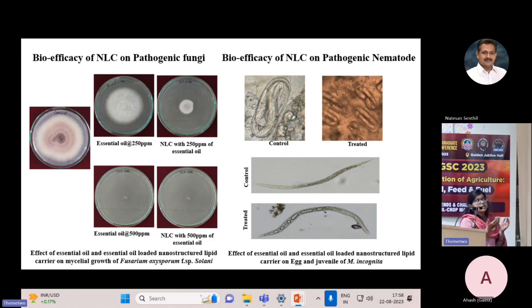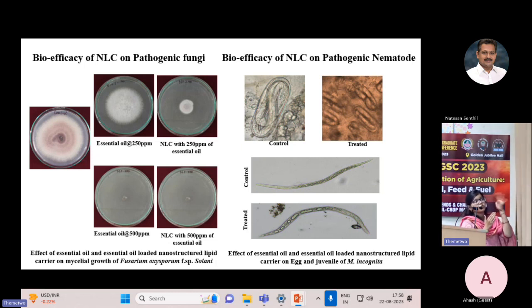So we tested the effect of these NLCs on the pathogenic fungi and pathogenic nematodes, which cause harm to plant health. First is Fusarium oxysporum. The left corner picture is the control plate, where you can see vigorous growth of Fusarium oxysporum, and the top two pictures show the impact of essential oil on the growth of Fusarium oxysporum, and